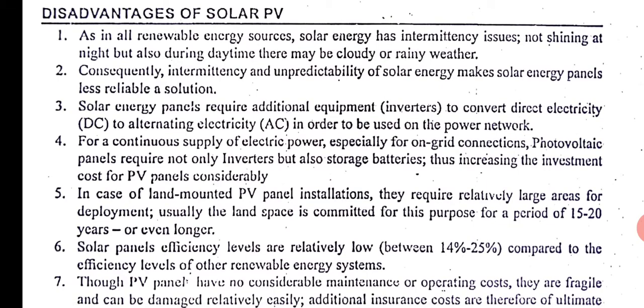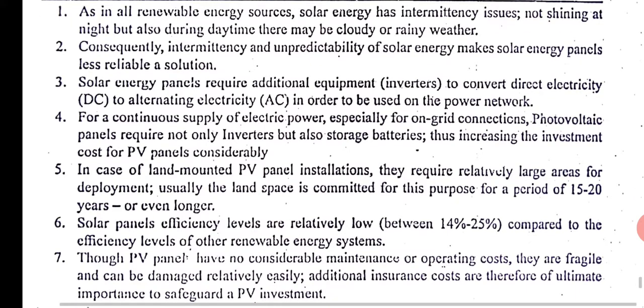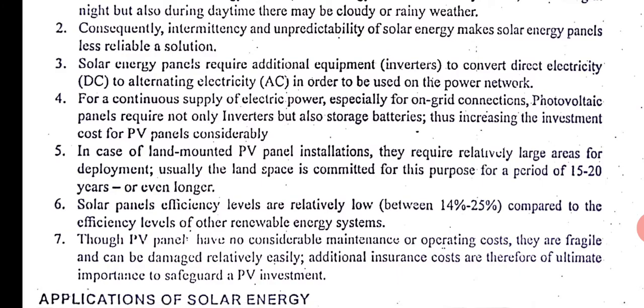What are the disadvantages? The disadvantages are, solar energy is again intermittent in nature. You will get it only in the daytime, not in the night. You will not get it during the rainy season or cloudy weather. So it is intermittent and unpredictable. But nowadays people don't have that patience, so they want a very reliable and predictable power supply. And not only the solar photovoltaic panel, you require inverters to convert this DC current into AC current. So you require an inverter also.